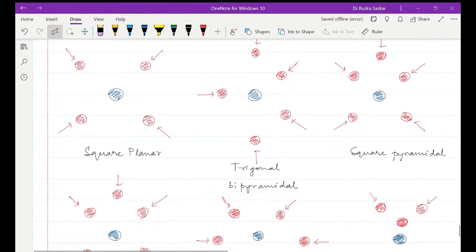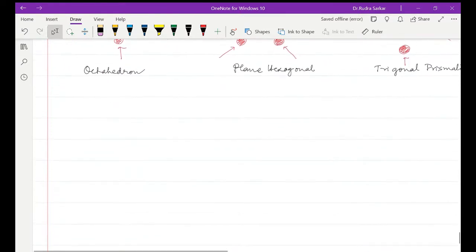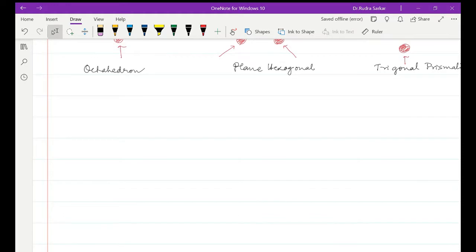So over here, for the simplicity of the discussion, we are taking the first one, which is the